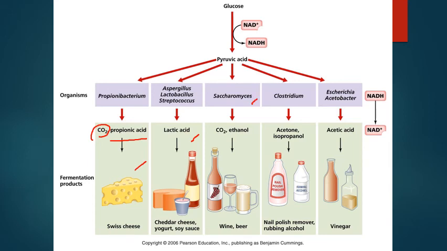For the Saccharomyces, it can produce ethanol and carbon dioxide, and it would actually produce wines, beers. Okay? Clostridium can produce acetone, isopropanol, or the rubbing alcohol. Okay? So, in industry, you can actually produce nail polish remover, rubbing alcohol, okay? And then, your Escherichia coli and Acetobacter would actually produce acetic acid or the vinegar. Okay? Next